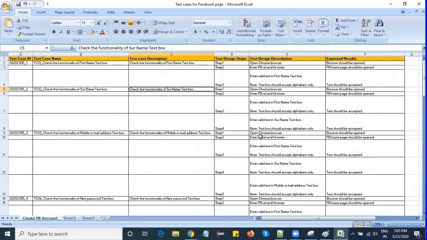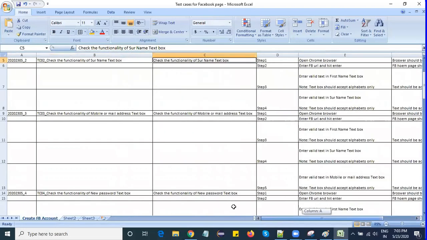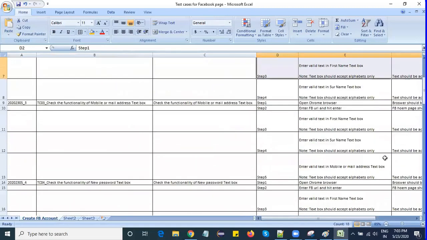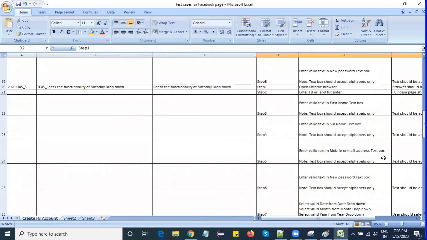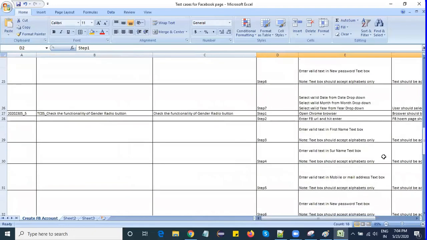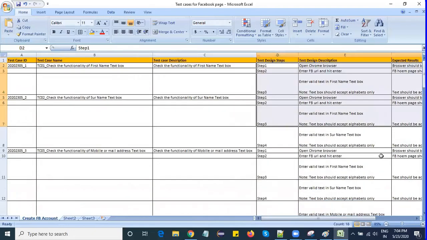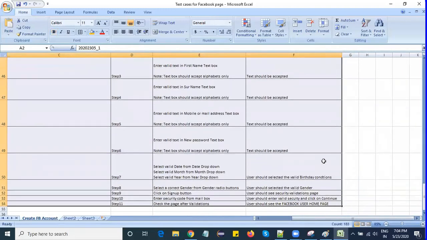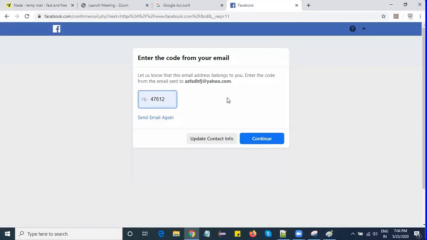For sample Facebook account. Okay, you see here, if you zoom out, this is how we have written test cases and reused the test cases which were written previously also. So reusability is also done here. Like that we'll have test cases. So this is a basic example to understand the difference between test scenario and test cases and how to write test cases like this. So we know attributes, right? Depending on attributes, I have come up with these test cases. Okay, so like that we will have to write test cases.